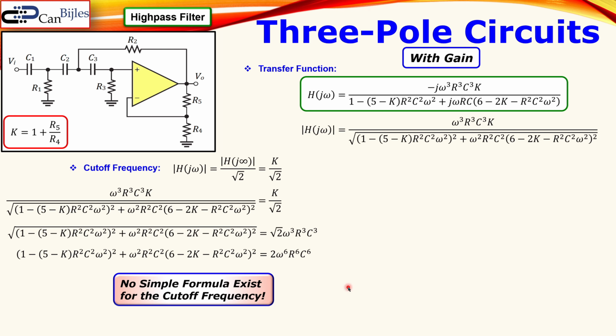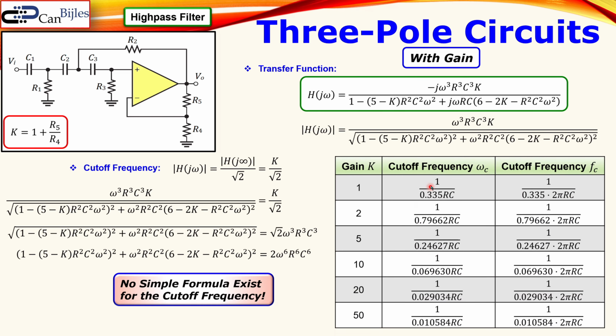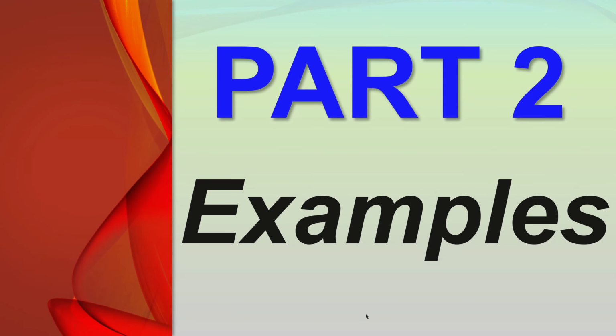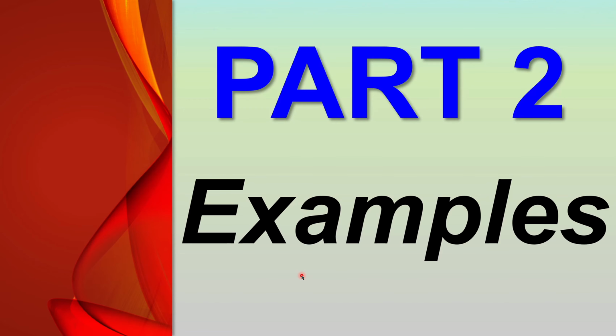Again, we set up the table and look at the situation, and we see actually here the results. Similar to what we have for the low pass filter, only the scalings here are now not in the numerator, but in the denominator. That's shown here. So again, I start with k equal to 1, 2, 5, 10, 20, and 50. It's just some random values. You can also, of course, look at different values like 6 or 25 if you want, but this is just what I have done. What I did to get these expressions is just ask my solver, so can you solve this for me, of course for omega, and then I got this expression and then made these values for this table. Okay, let's now go to part 2, which is the worked out examples for our Sallen-Key